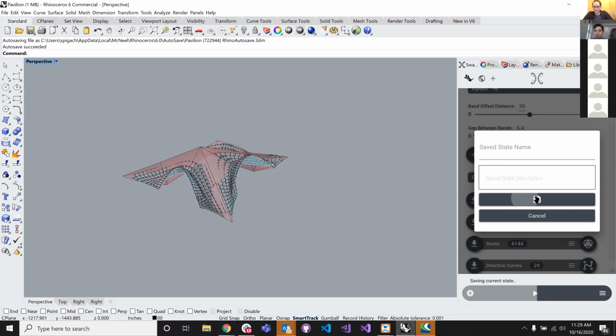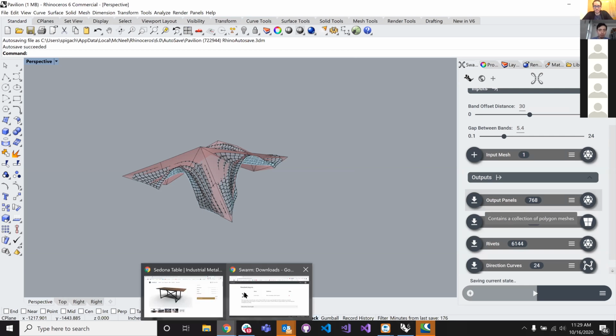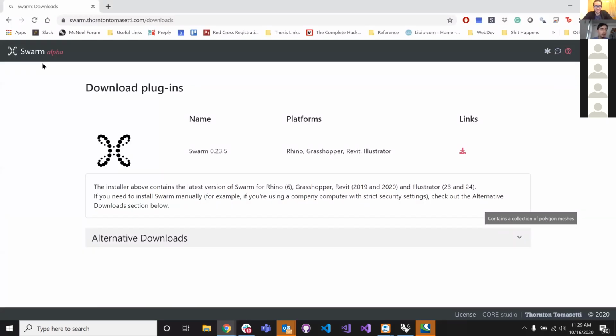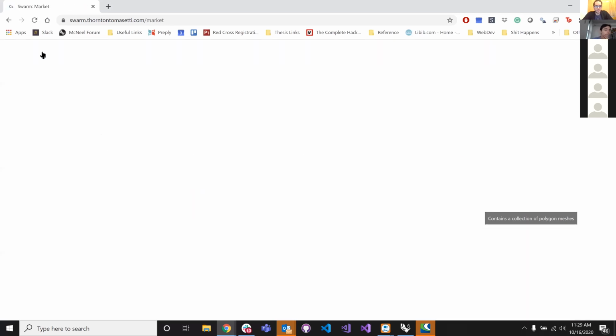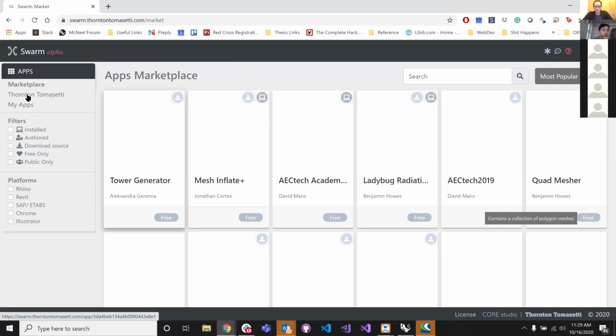So, okay, we're getting there. Cool. Current state saved. So what I can do now is go to the browser, and we're back at the marketplace. If I go to my apps,